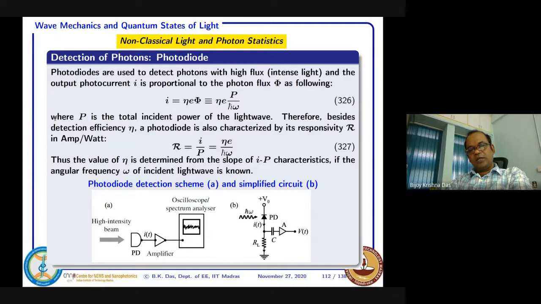And I told you that I will be discussing a little bit about some technology of single photon detectors. To understand the actual technology design, I think we should know a little more about the fundamentals of photodiode. While photodiodes are used for detection, sometimes they are even designed for a single photon detector as well.